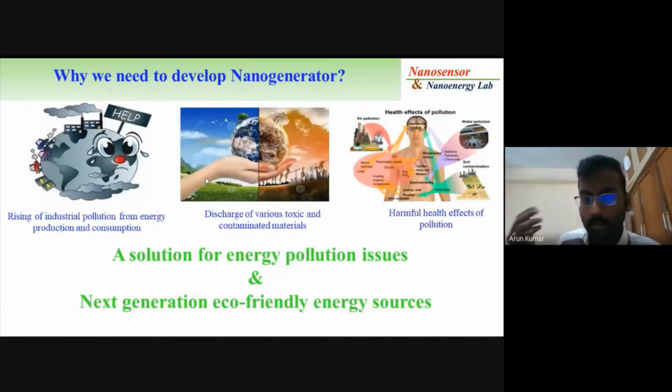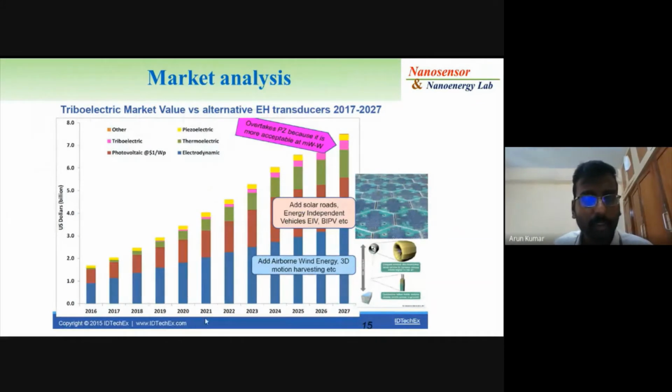Why the nanogenerator? Because we need to develop an eco-friendly energy source which tries to minimize pollution in our environment. The tribo and piezo nanogenerators are almost eco-friendly, so we are trying to use biocompatible materials. That's the main aim of the nanogenerator. Today we are going to see the nanogenerator and the measurement system. This is the market analysis. You can see by 2027